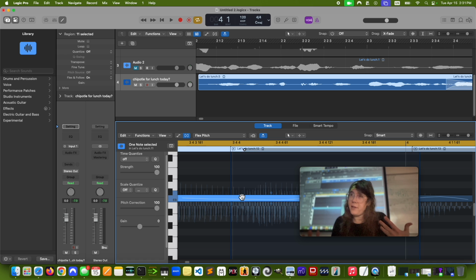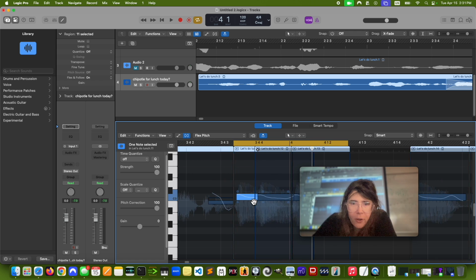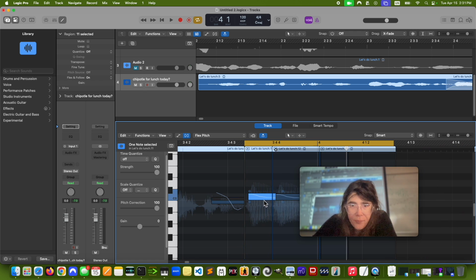One of the things I love about Logic, this little aside, is that this comes with Logic. You don't have to pay for another plugin like Pro Tools. Anyway, it's just there. So what I have here is this region.